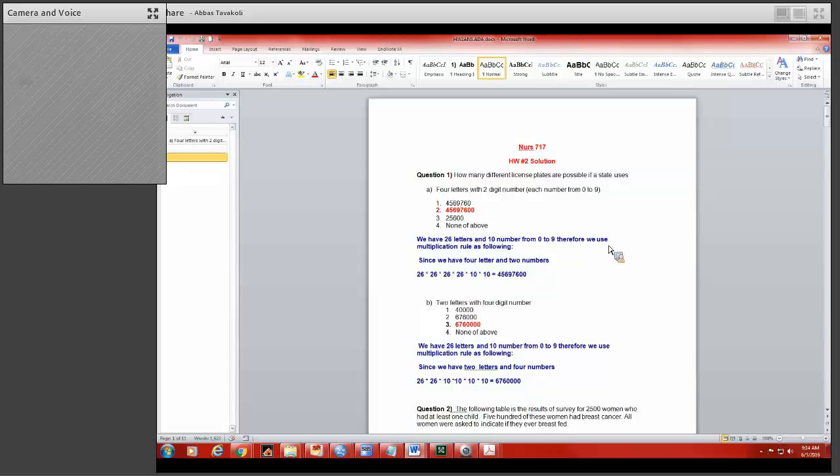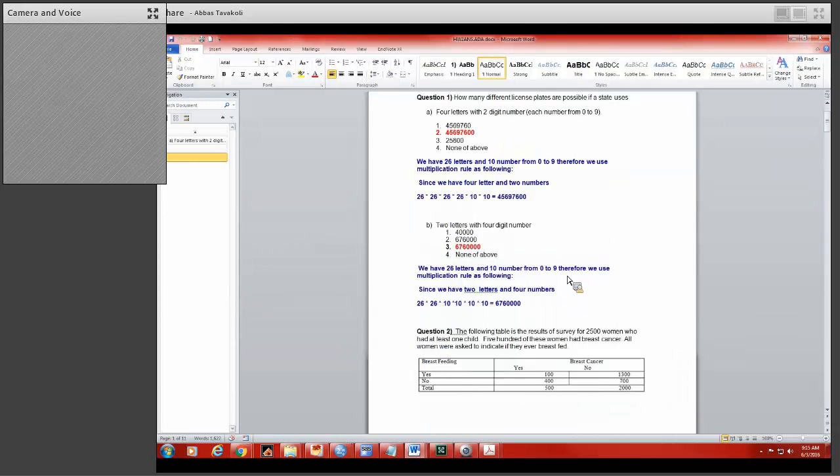it was the multiplication rule. For the license plate, I asked if you have four letters with a two-digit number, how many ways would you have? Basically, you have 26 letters and 10 numbers. So we have four letters, so it would be 26 times 26 times 26 times 26 times 10 times 10. That is the number of ways you can get